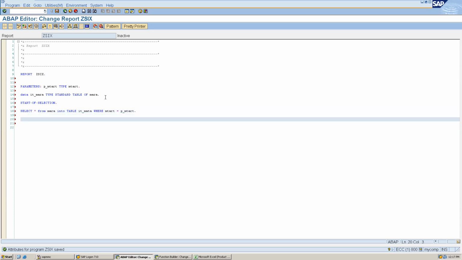Till now, any doubt? We are just selecting data. This we have already learned. And in end of selection,